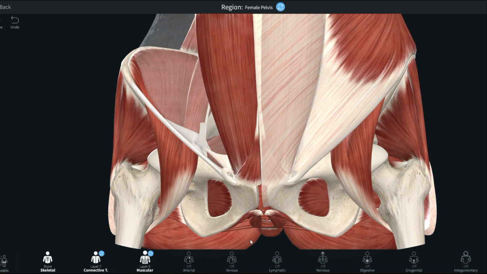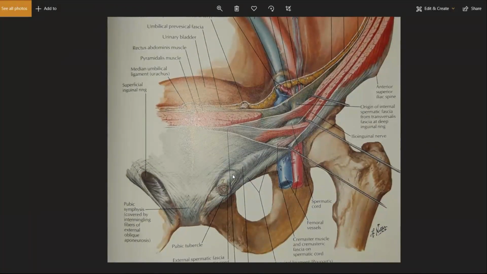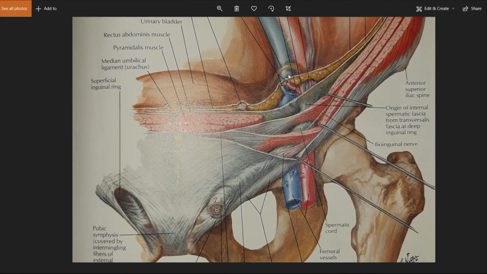So again, let's take a look at this thing. This was the spermatic cord, if you remember, right? See, the spermatic cord is actually coming from very deep. This thing mixes with all of these things together, forming the spermatic cord. So what does it contain? It contains a lot of structures. What are these structures? Obviously, first of all, as you can see here,